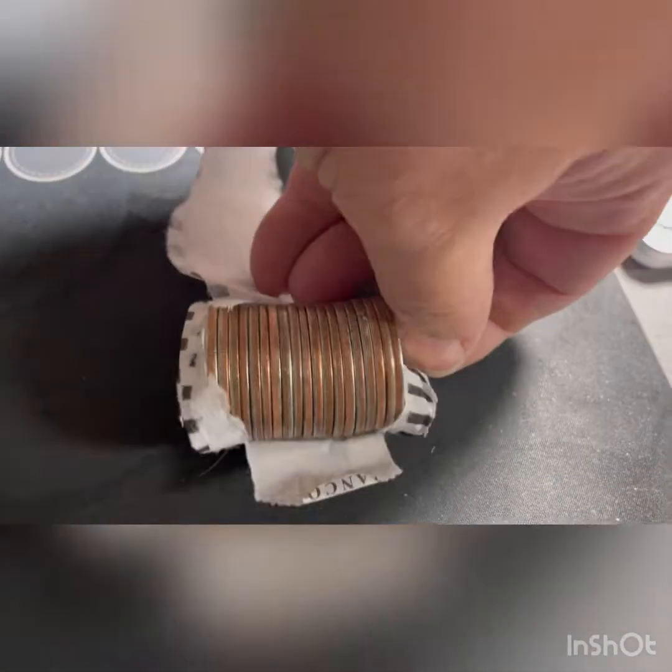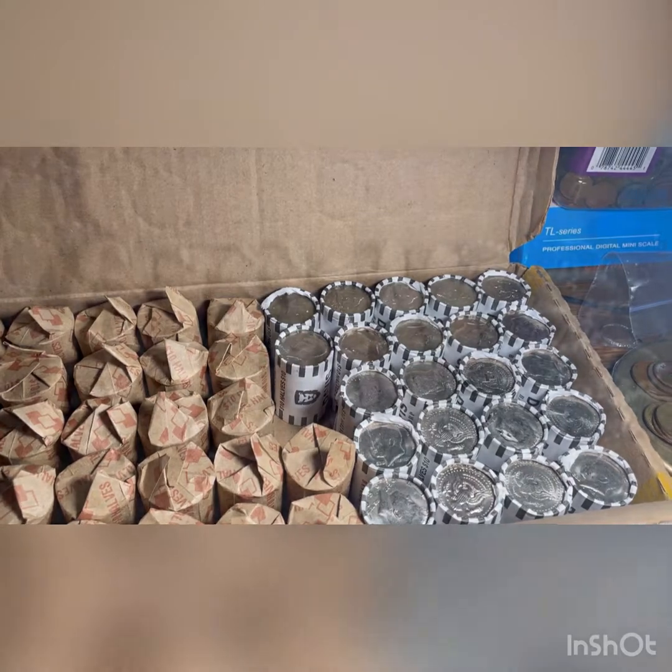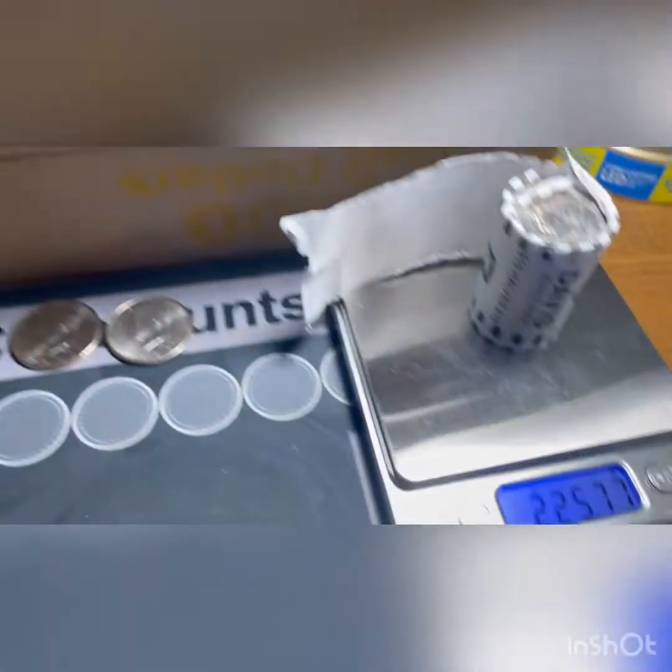And kind of check the edges here, and don't see anything else. So we'll bring you back in on the next find. We're on roll 34, at least